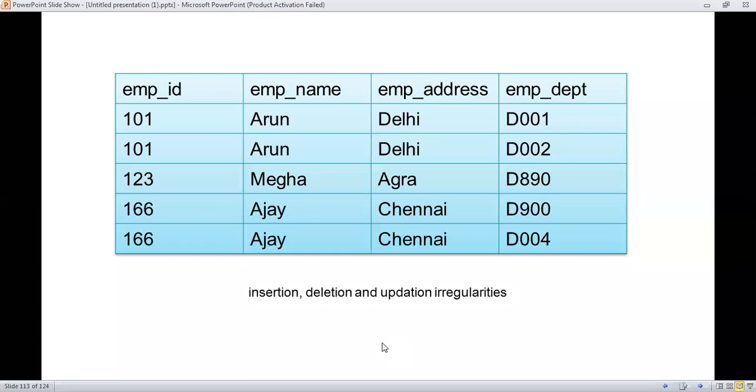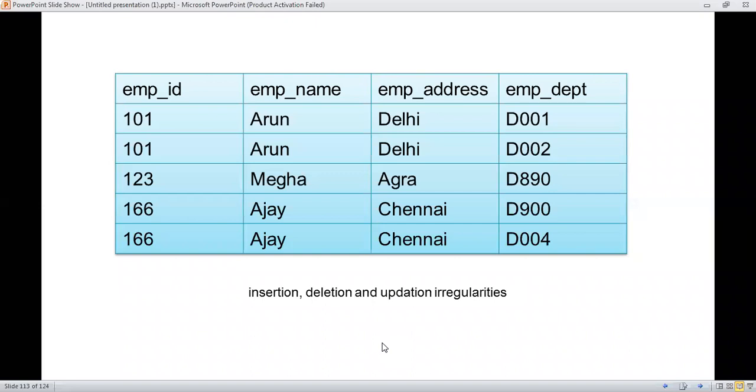Employee ID is assigned, employee name is Snehal, employee address is suppose Pune, but Snehal is joining as a trainee. That means no department is assigned right now. After completion of training, the organization will assign a department to Snehal. But right now, Snehal is part of the organization, acting as a trainee, so no department is assigned to her.